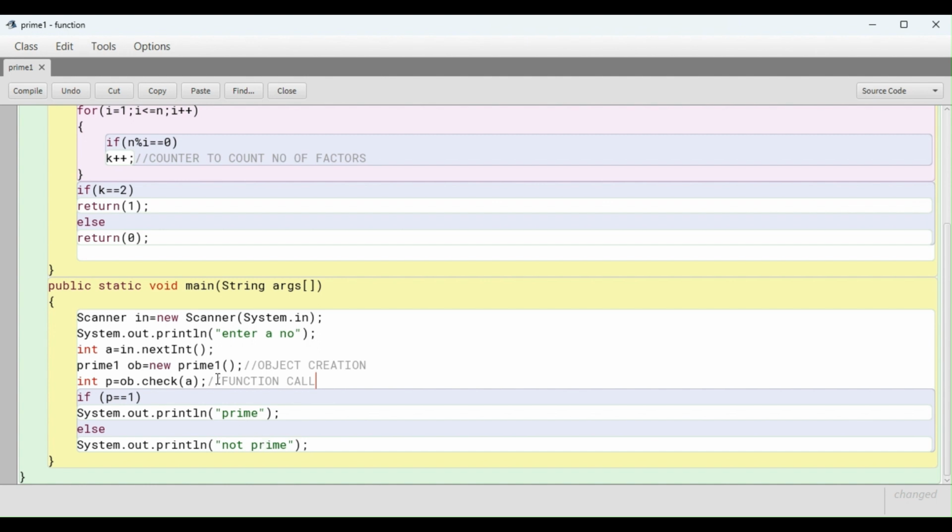So this is the program. This is the main method. In the main method you enter a number, create the object, and through the object call the function. If it returns 1, then print prime, otherwise print not prime.